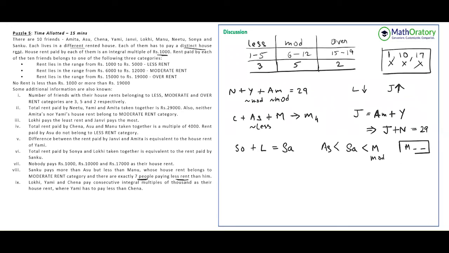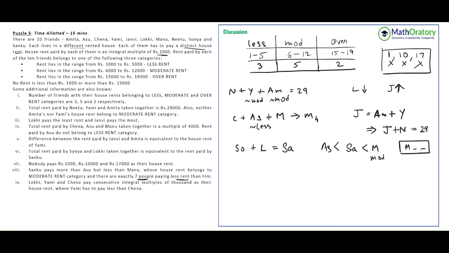So I'll just indicate it in this way. This is what I said earlier: this might be treated as somewhat of a linear arrangement, so this information itself will tell me. This is why I think it has been mentioned in classes also: it's important that you maintain an order while you're collecting the information. Because I've maintained this in increasing order, I'm indicating this also in increasing order, so this is visually easy to understand. So I'm just writing this as M dash dash. Later on, I know that there are just 2 people ahead of M, paying more than what M is paying, and M is paying in the moderate category. Okay, that might be useful later on.